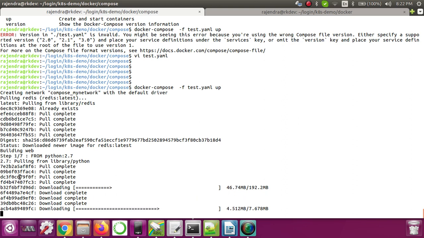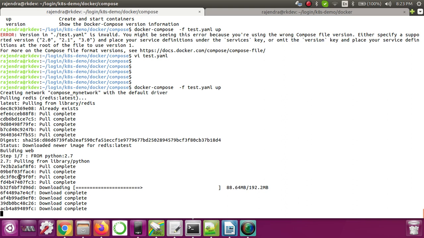The other 6 steps are small ones, just copying or exposing a port. So this is the important step, pulling the image. Once that is done, it will start both these services. And then we can see how we can access the application.